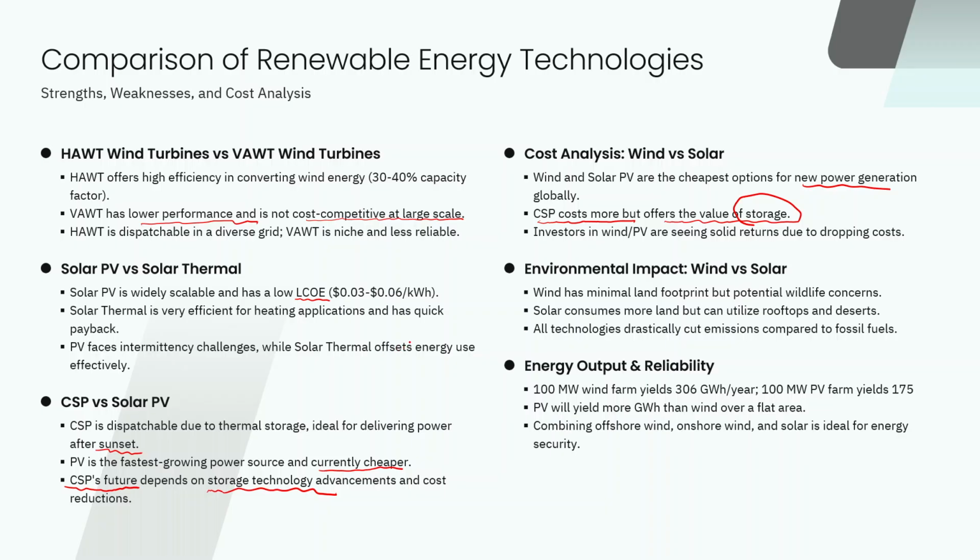And if you look at the environmental impact, the wind has minimal land footprint, but potentially wildlife concerns are there, because it says land footprint because you have this tower and certain surrounding land, and this is in way half, so you can do something in this land area, and there's a gaps between the wind turbines as well, right? So because of that, you can utilize this land area for some other purpose. Okay? Whereas the solar PV, if you put the PV power plants, then you will utilize most of the land for the PV panels,